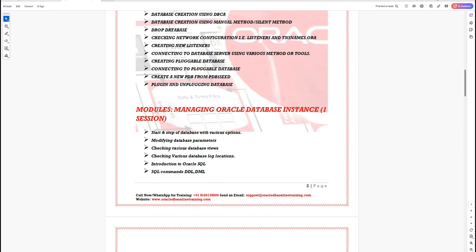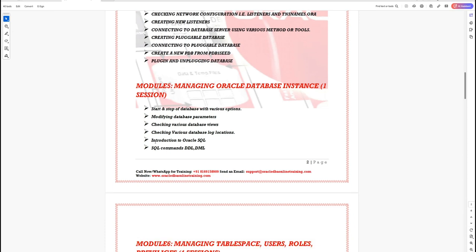Now, an important section. Suppose you are very new to the Oracle DBA track; you should definitely know Structured Query Language, also known as SQL. So we are going to provide you the complete detail about Oracle commands, like DDL, DML, how to manage them, and what the join options are in Oracle SQL. All those areas we are going to cover here.